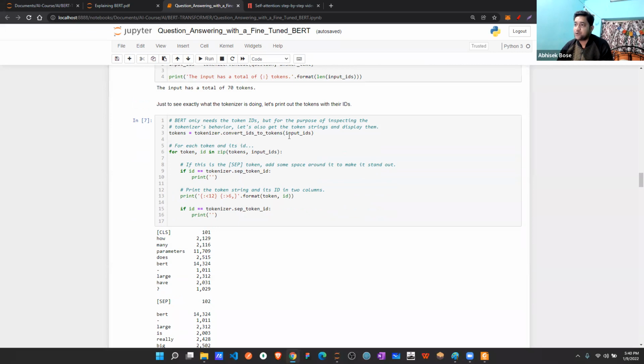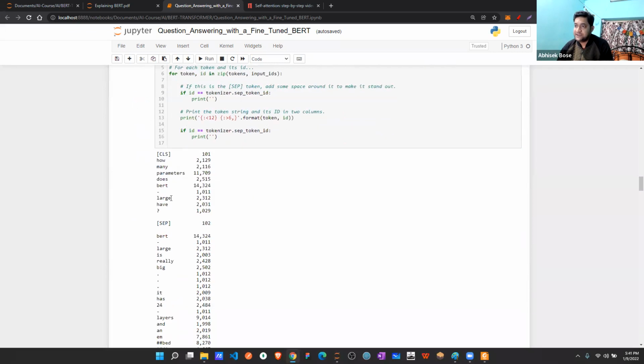So convert ID to token. See, my question starts with CLS, that is 101 by default, and separator, that is 102 by default. Now my question: how many parameters does BERT hyphen large have, question mark? So everything is the same. Now just think how they are creating this dictionary.